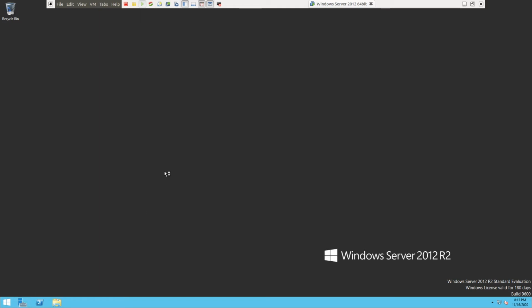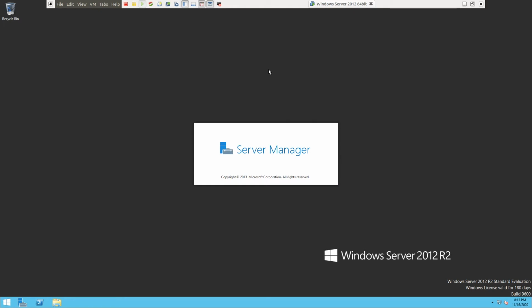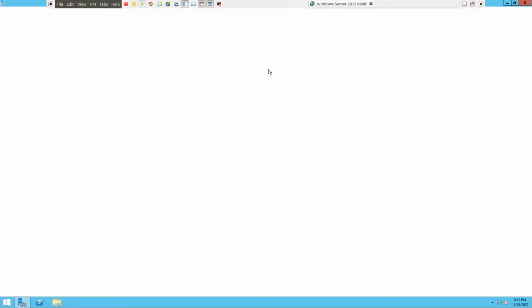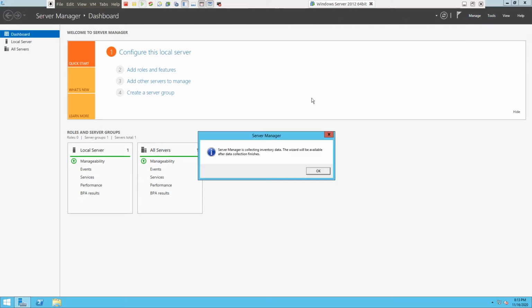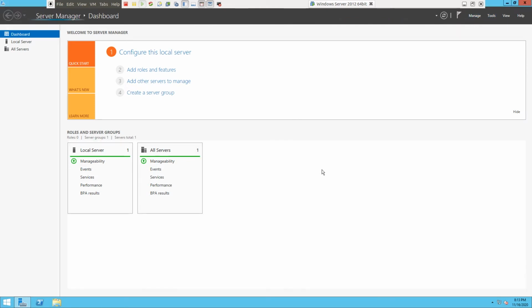So okay, let's run the Server Manager. Now we need to install some services on this Windows server. So click on Manage, Add Roles and Features. So let's just wait for a few seconds.